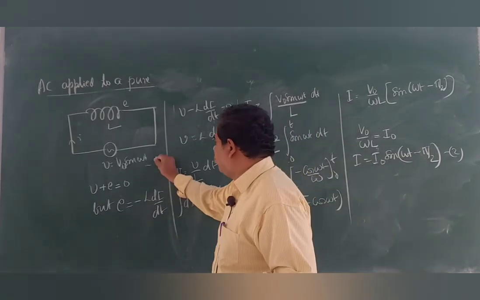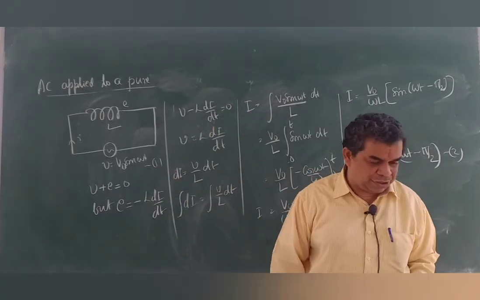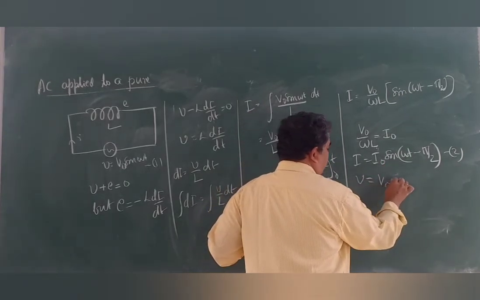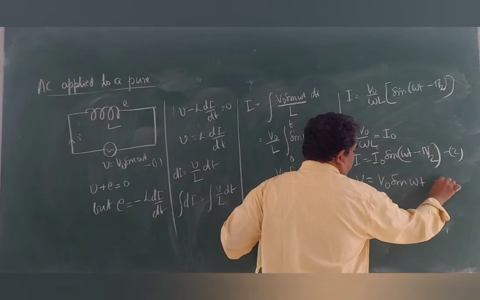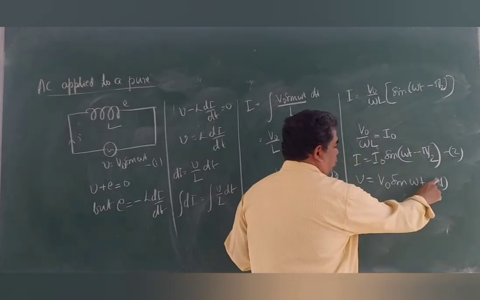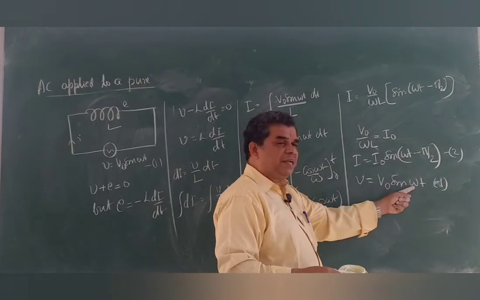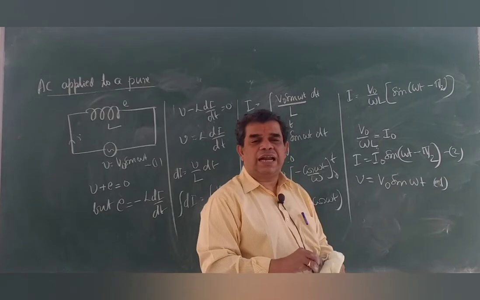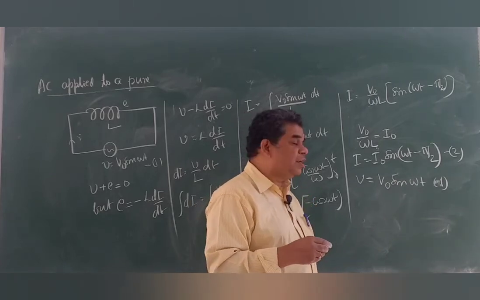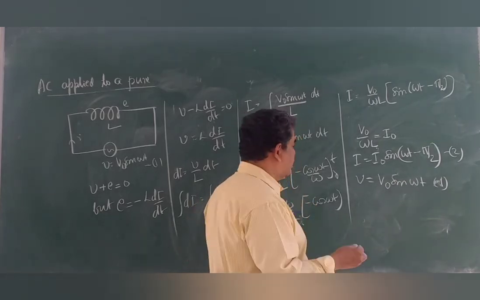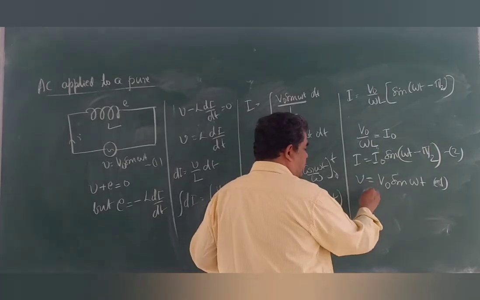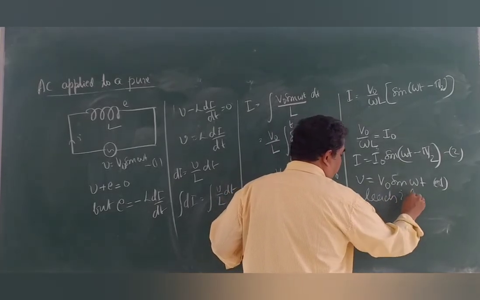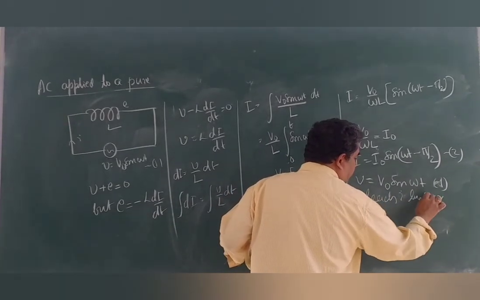Now, we compare equation 1, that is the voltage equation, with the current equation. Observe, for the sake of clarity, I write here only the voltage equation, this is our equation 1. Observe, here omega t matches only current with minus pi by 2. That means current is trailing behind the voltage. Voltage is ahead. Therefore, we can express the phase difference in a sentence like this: voltage leads current by pi by 2 radians.